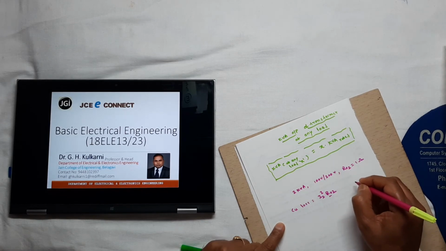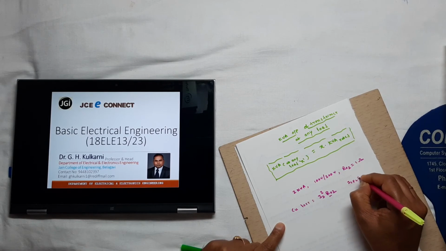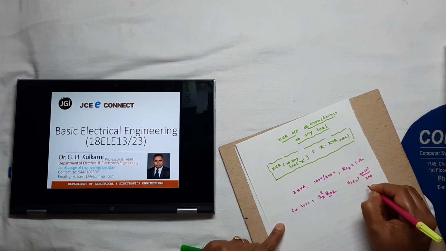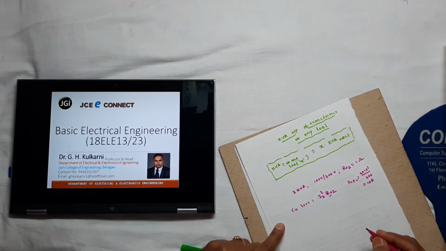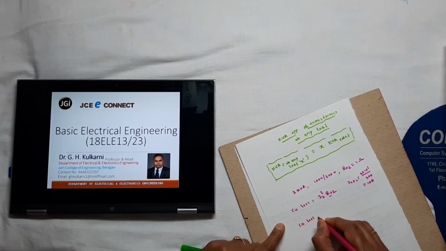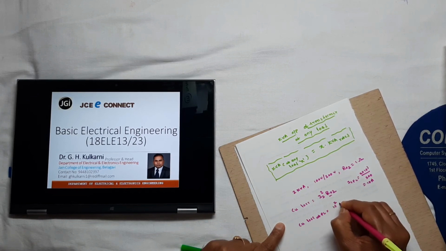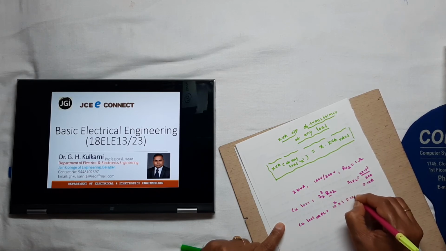Then we are finding out what is the full load current, I2 full load current. That is equal to, once again, 2 into 10 raised to 3 divided by 200, that is equal to 10 amperes. That is, full load current is 10 amperes. Then what is the copper loss at full load? It is 10 square into RO2, RO2 is 1. That is, it is 100 watts.